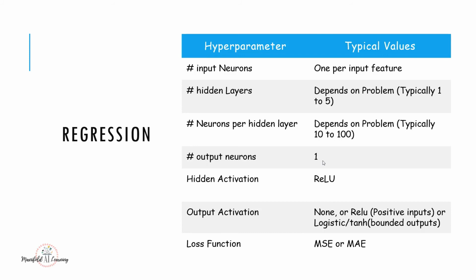And coming to the activation, in my hidden layer, I'll always have the activation function of ReLU. That is what we would prefer whenever we are performing any task, as I mentioned already. And in my output layer, in most of the scenarios we will not have any activation function, guys. But if I specifically require my output values to be positive, in such scenarios I'll specify the ReLU activation function. And coming to the loss function, when we are dealing with the task of regression, we will prefer the loss function of mean squared error or mean absolute error.